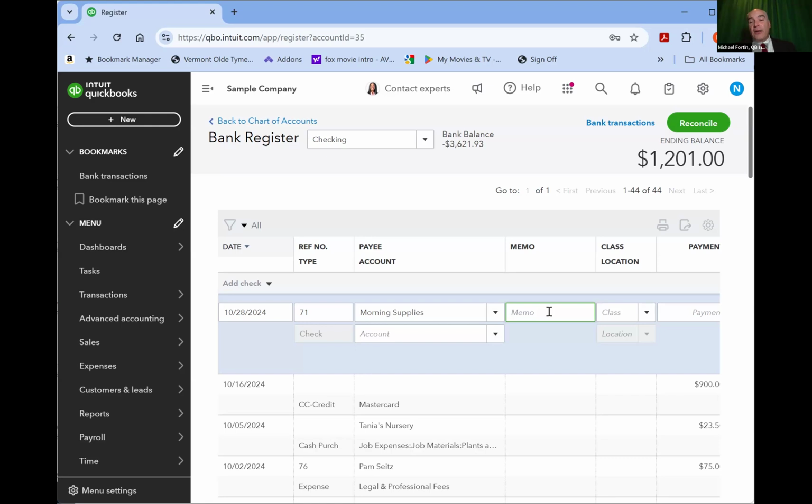There's a memo line location. I always encourage anybody to use the memo line. That means that you're going to enter some description, some summary about what this transaction relates to.